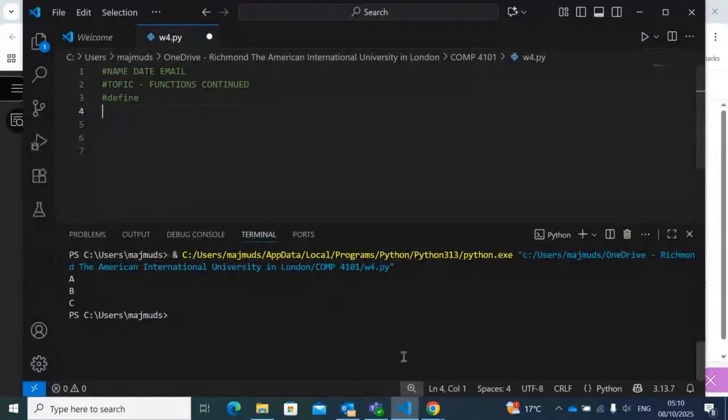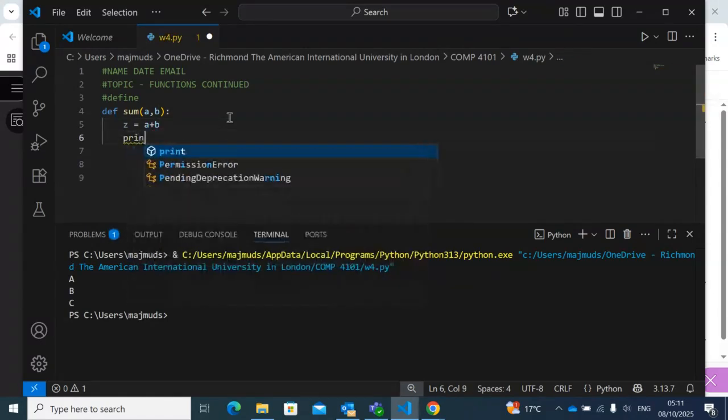Hello, in this video, we'll continue with the functions in Python topic. So let's just recap how to define a function. We have to use def, and then we give a name of a function. So we've done product. Let's do sum function. And then over here, you give the parameters, say a and b, and then put a colon and enter. And then you define a new variable saying a plus b,